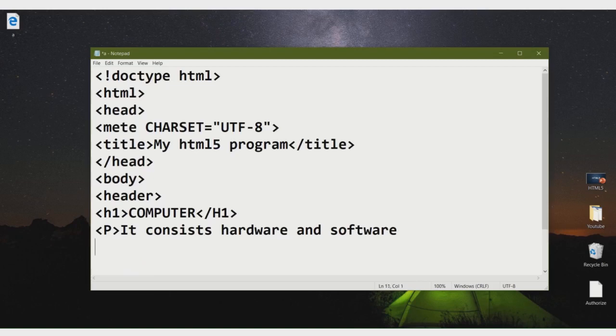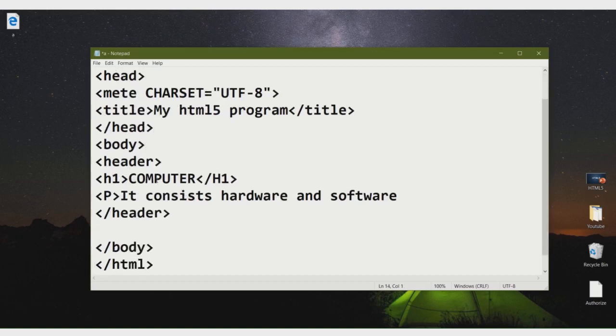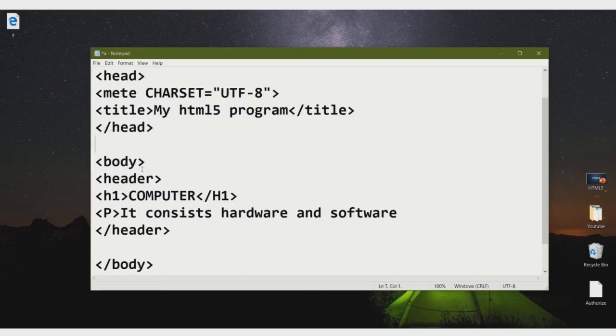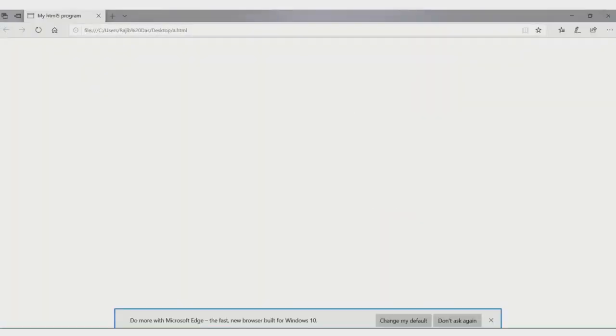And then header tag, I am closing it. Okay, so let's check. So this is now this header portion, then file, save, and open the internet browser and refresh it.